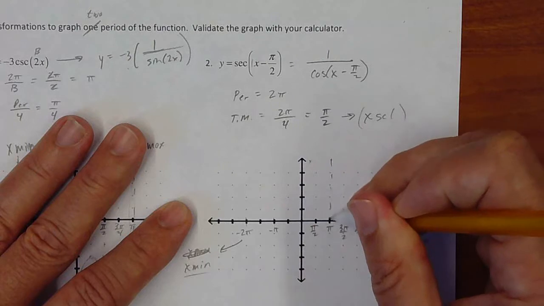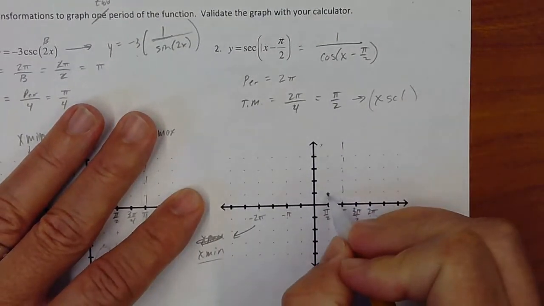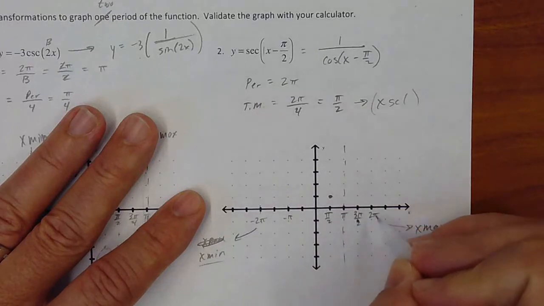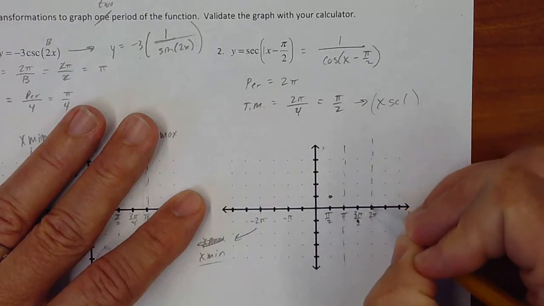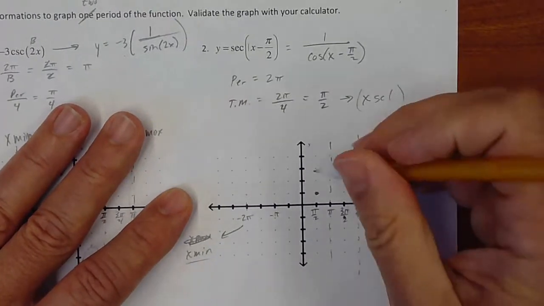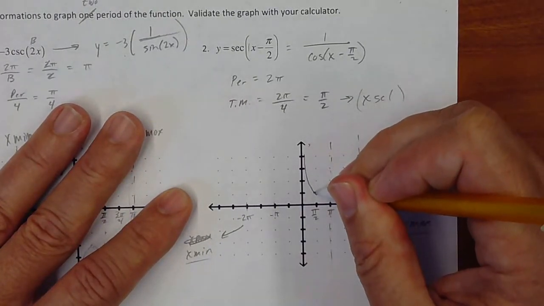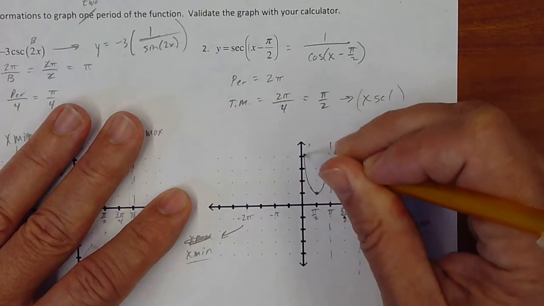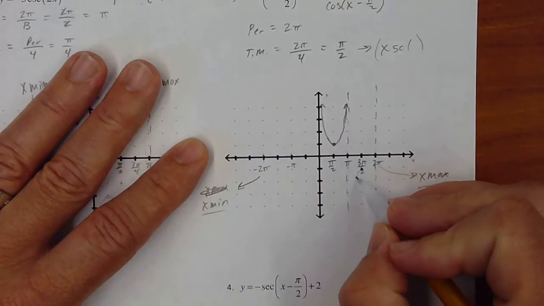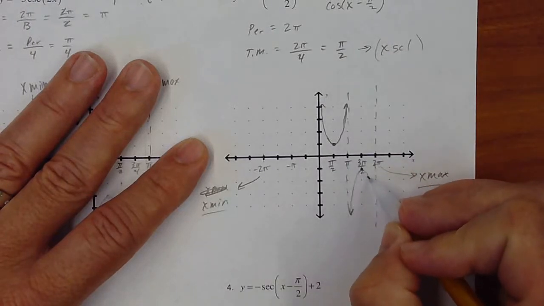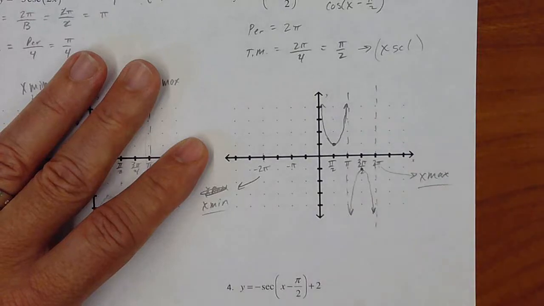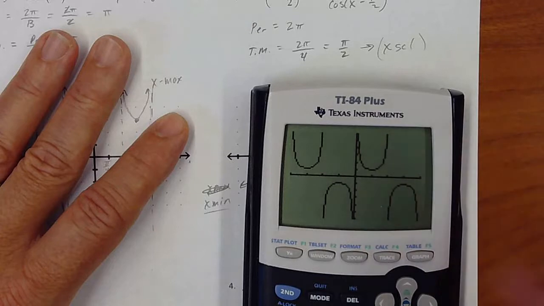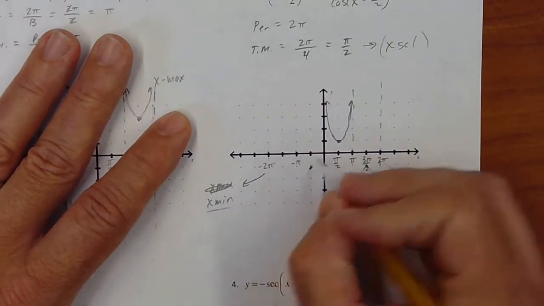So asymptote here, turning point at 1. And then we saw another key point at 3 pi over 2 at negative 1, and then an asymptote at 2 pi. Okay. And we don't cross these graphs over the asymptote, just run it right along the asymptote. Arrows to show that it keeps going. Okay, so there's one period, and then it's just going to repeat itself as we see over here, down to negative 1, asymptote, positive 1, asymptote. So negative